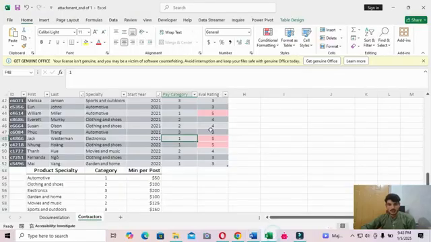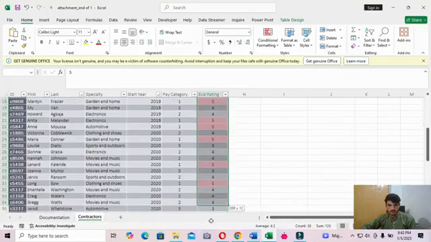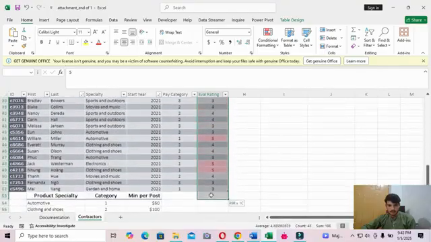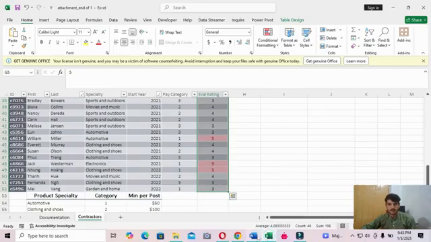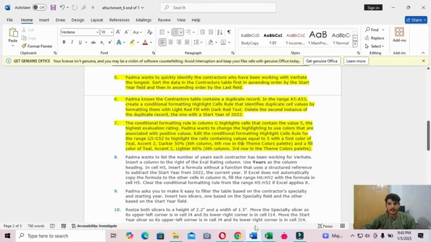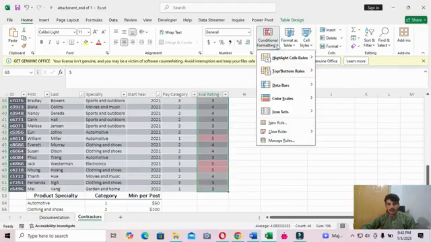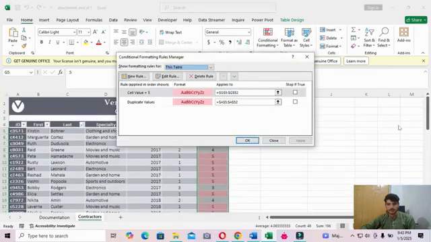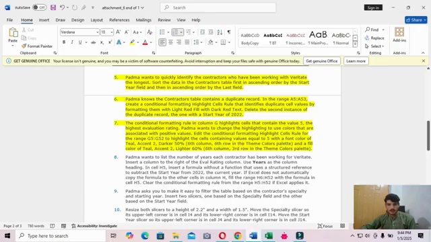Okay, go back to the Excel worksheet and then select column G, and then go to the Home tab and click Conditional Formatting and edit the conditional formatting Highlight Cells rule. Select Manage Rules, and then edit, equal to 5.